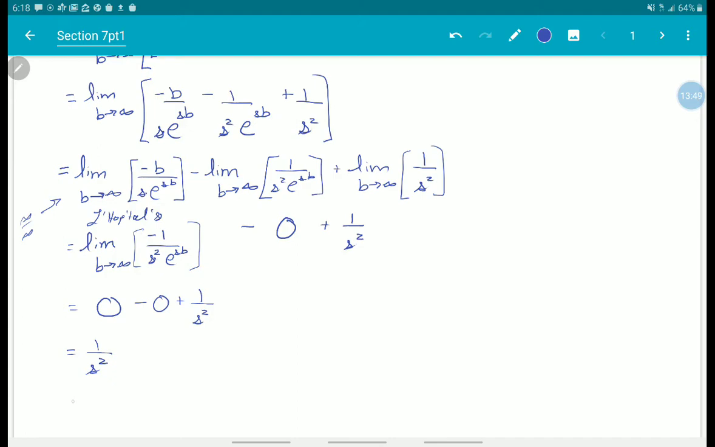So then we would say the Laplace of t is equal to 1 over s squared. And let's talk about what forced that convergence. So if we go back,